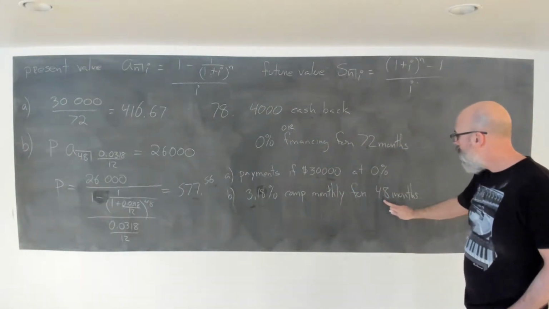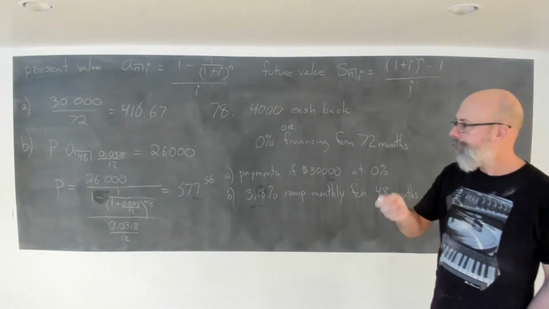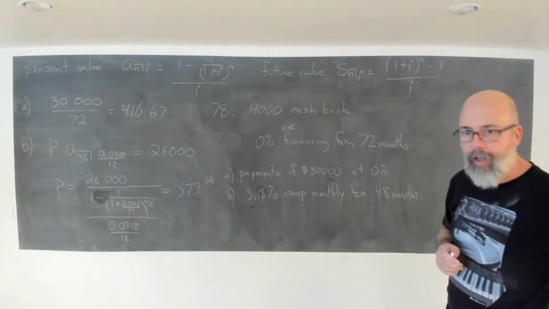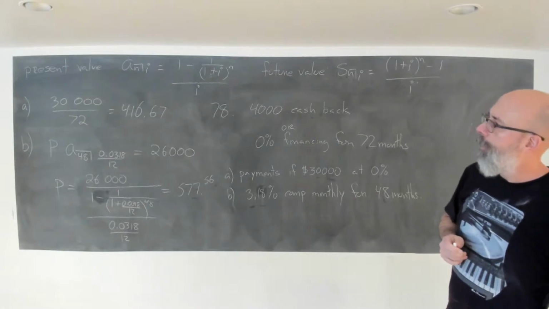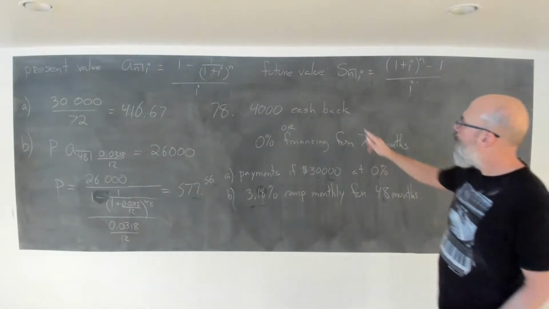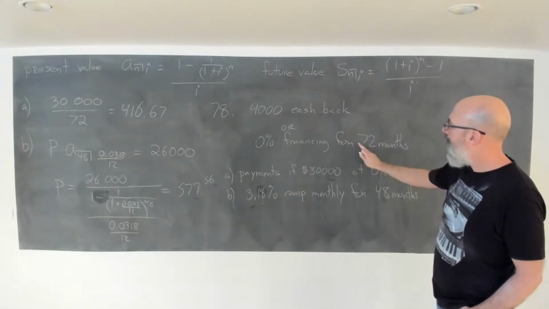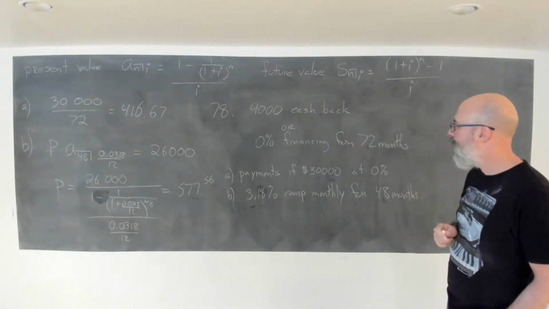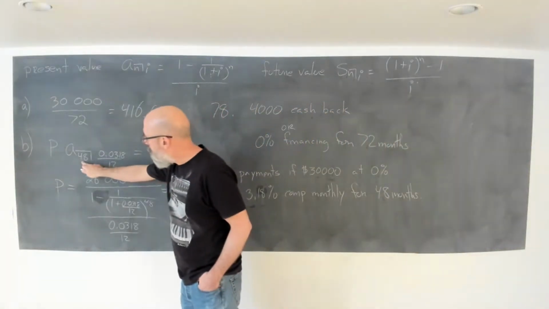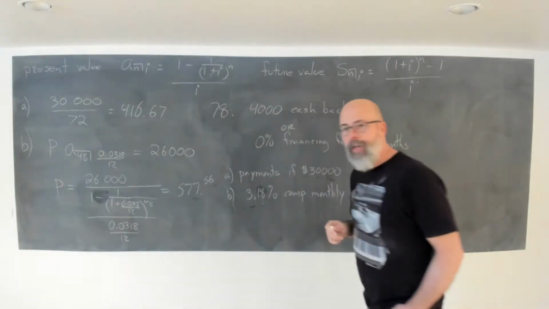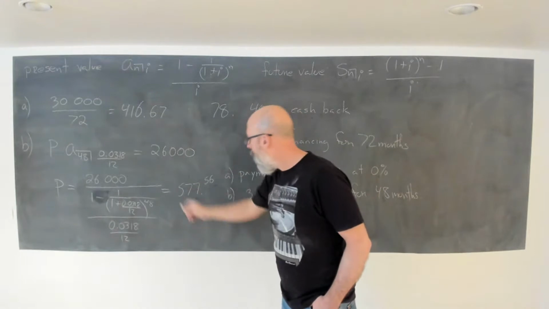Because first of all, this is 48 months versus 72. So you're not comparing apples with apples here, but the question certainly arises, which one is best for you? Should you take the $4,000 cash back or the 0% financing for 72 months? I'm not sure why they made us work it out for 48 here, but let's assume that if we had it